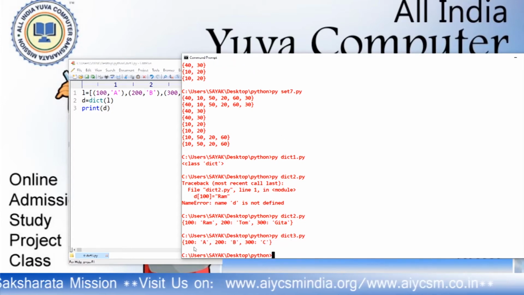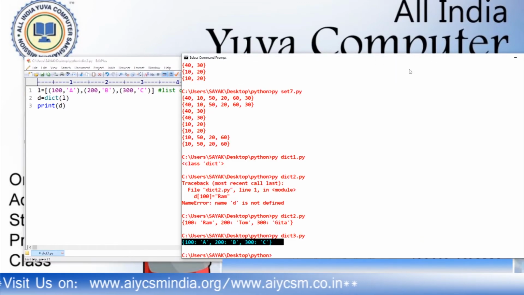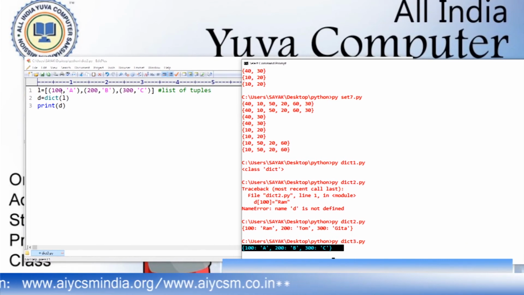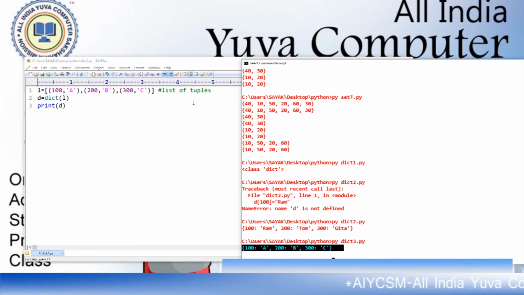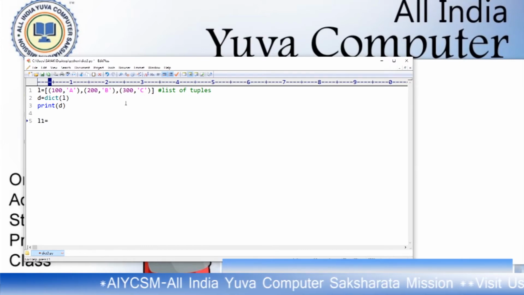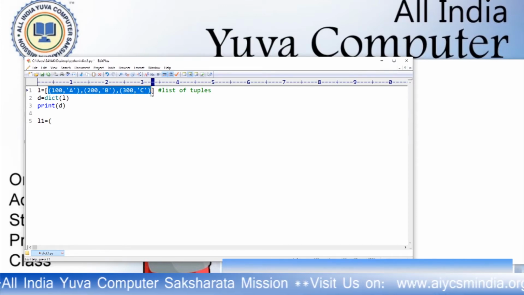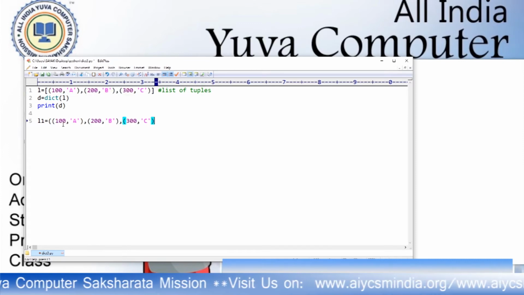This is actually what we have. This value became the first item of the dictionary, this value became the second item, and this value became the third item. So with the help of the dict function, we converted this list of tuples into a dictionary. Similarly, if we have L1 equals to a tuple of tuples, copy it and paste it here and close it.